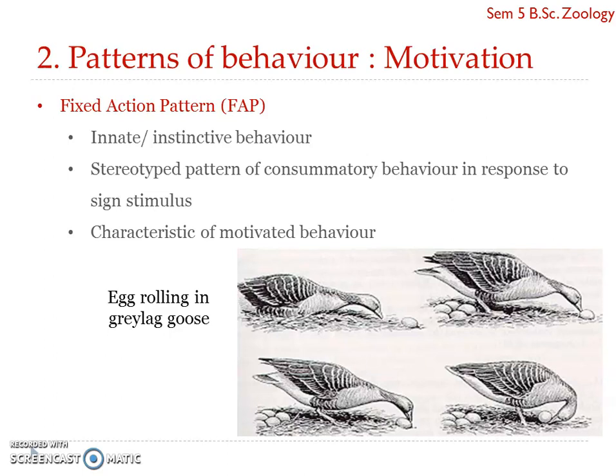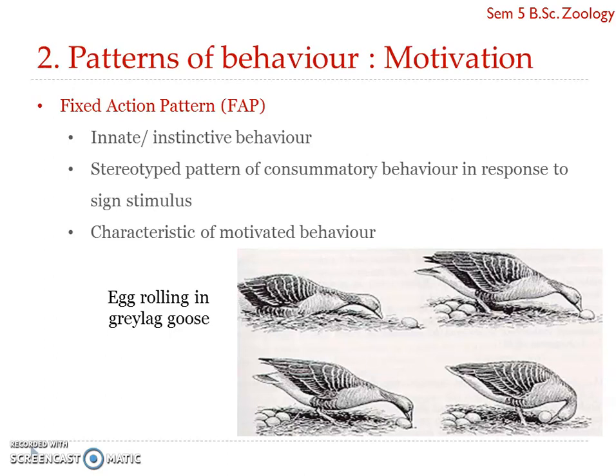So here what happens is the nest building, the caterpillar hunting, nothing is being taught to these wasps, isn't it? They have not seen any other members of the species building their nest. They haven't learned from any other members of the same species. So these kind of behavior pattern is what is referred as a fixed action pattern, and it is stereotypic in the sense they are found in all the individuals of the species. Okay, and it is almost similar. So we can see that these acts are what is referred as the fixed action patterns. And they are also known as consummatory action, innate behavior, instinctive behavior, inborn behavior, or inherent behavior.